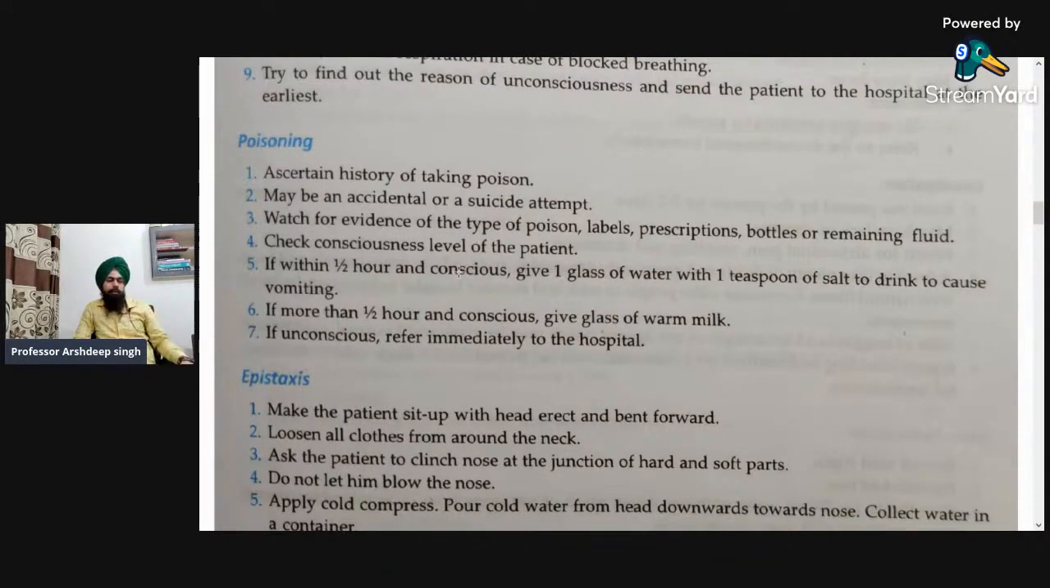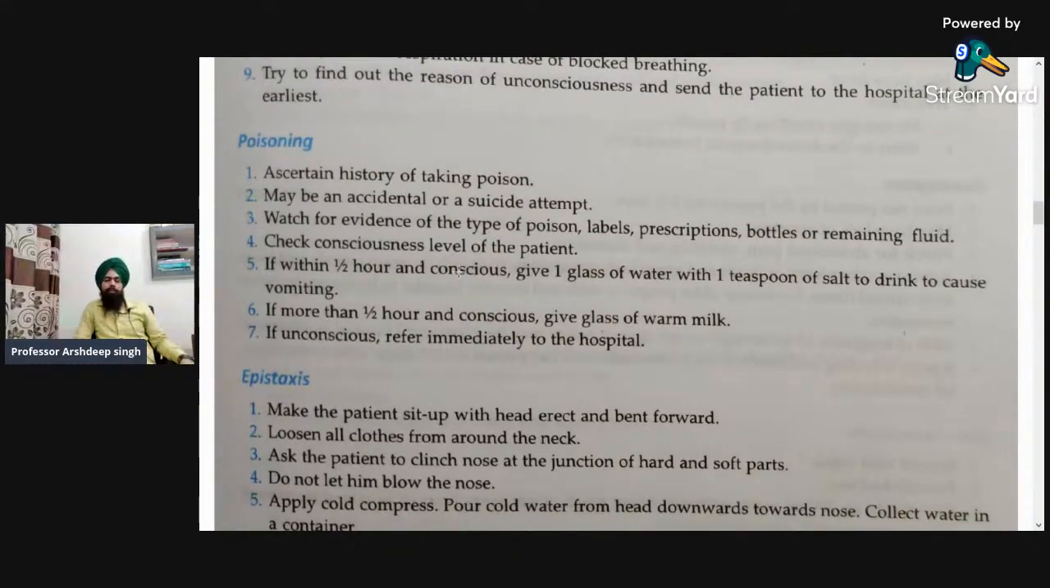Check for that and check the consciousness level of the patient. We have to perform the Glasgow Coma Scale, and from that we can check the consciousness level. Next, if within half an hour and conscious, give 1 glass of water